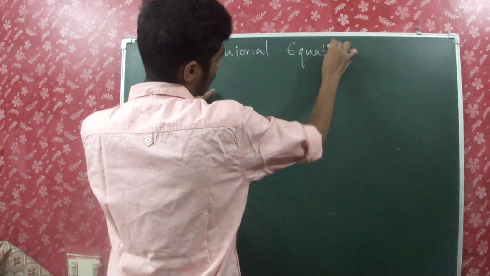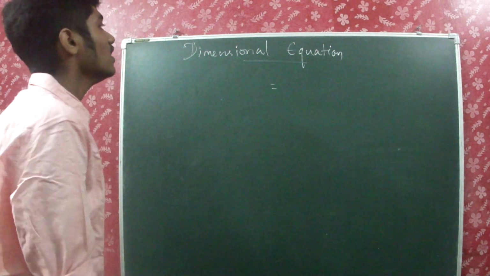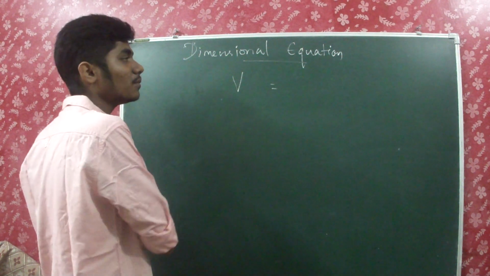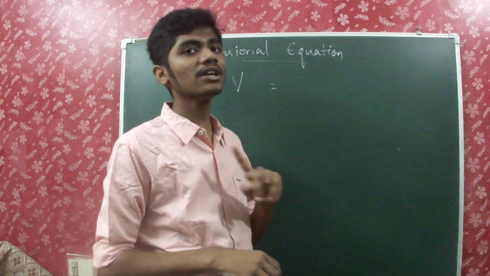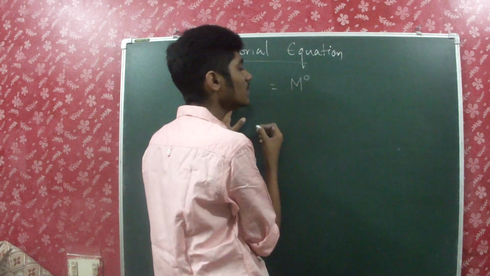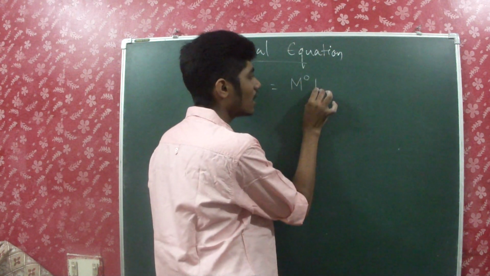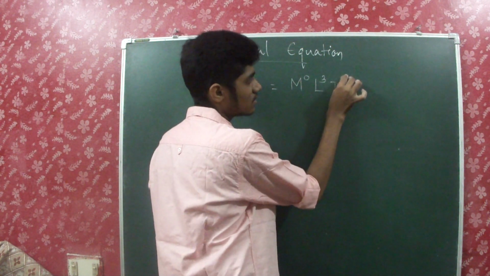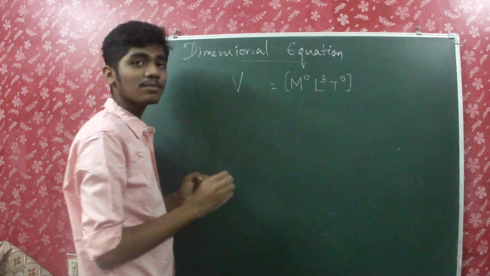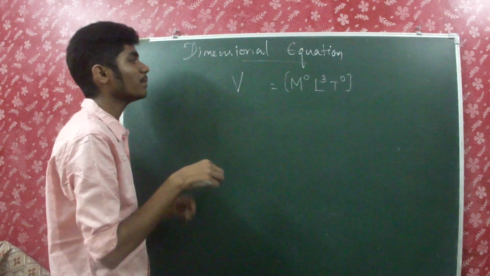Dimensional equation. An equation is nothing but something which equates two sides. If you take volume, what is the formula I told you just now? Meter into meter into meter, meter cube, so it's L cube. Even then you have to write it as M naught, because anything raised to 0 is 1. So M naught L cube T naught. This is how you write the dimensional formula for volume. Though you have no quantities for M and T, you have to raise them to the power 0.